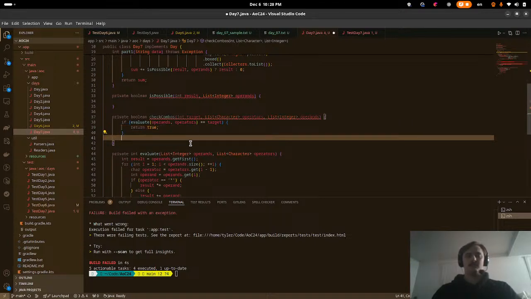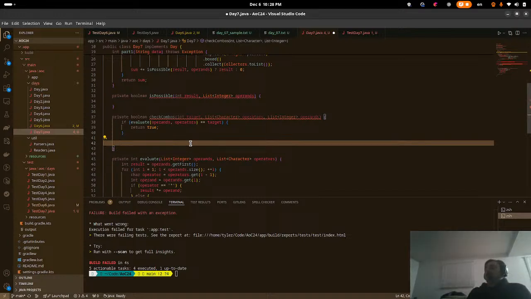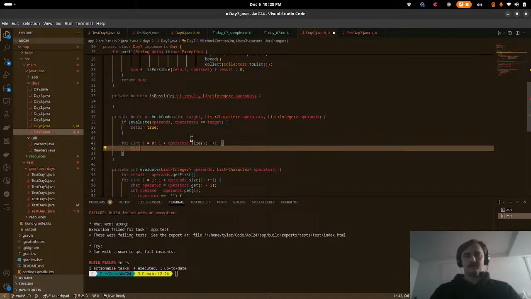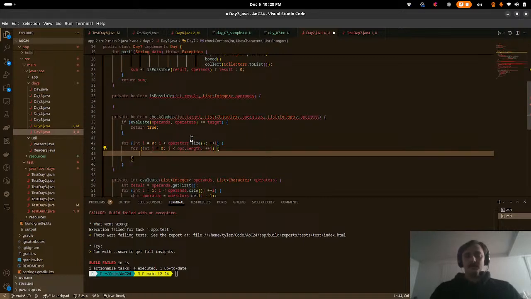Else, you want to return, for int i is less than operators dot size, and for int j equals 0, j is going to be less than ops.length plus j, and we're going to say